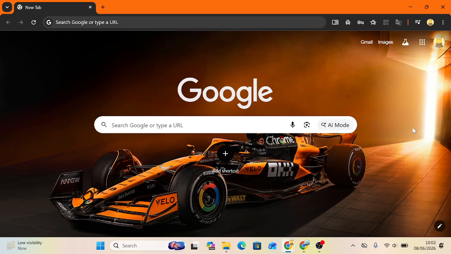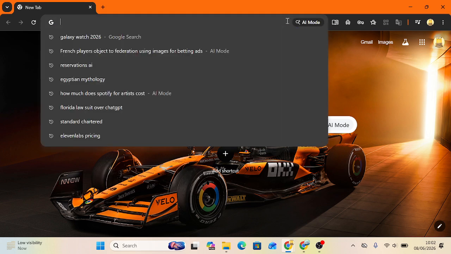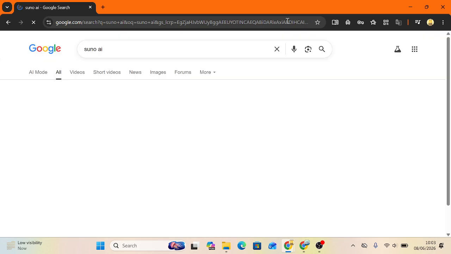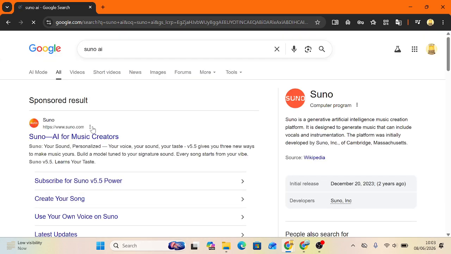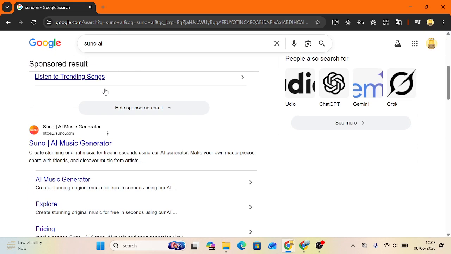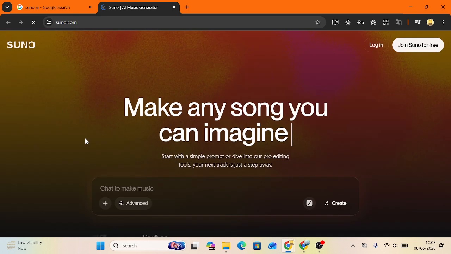So in order for you to create a Suno AI account, this is what you're going to do. The first step is to simply go ahead and open up the Suno AI website. So search for it on your favorite browsing app, whether you're on Windows or Mac. And then from here, once you've successfully opened up the website, you want to go ahead and select Join Suno